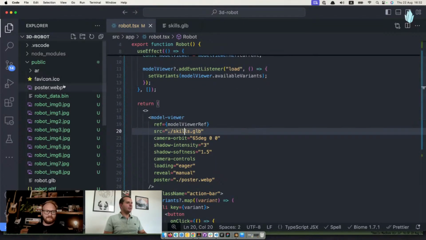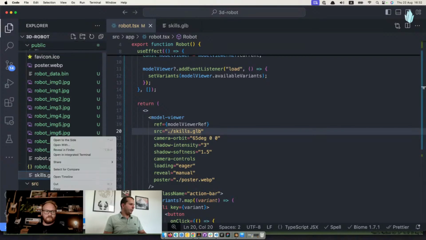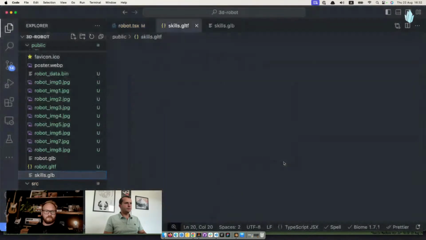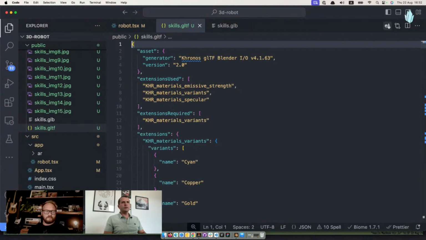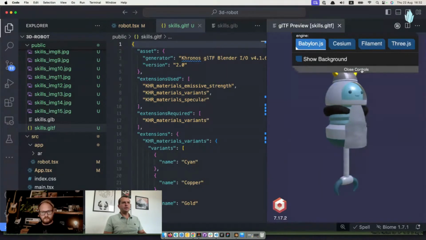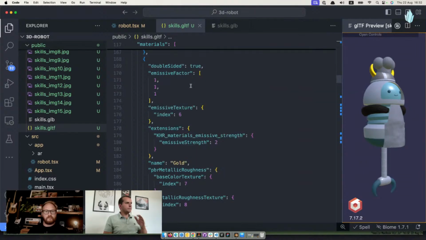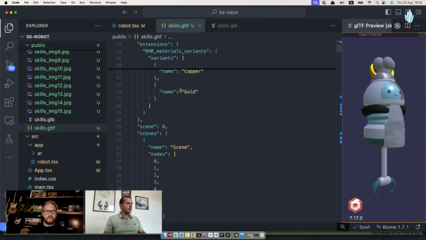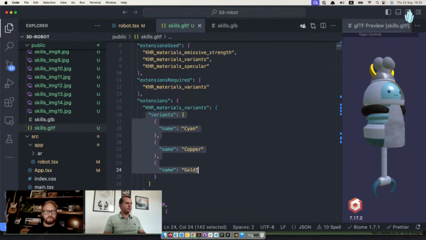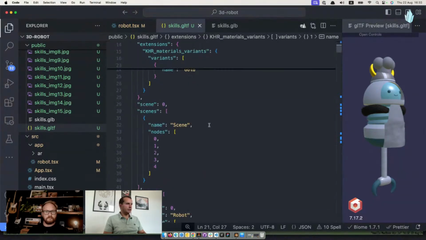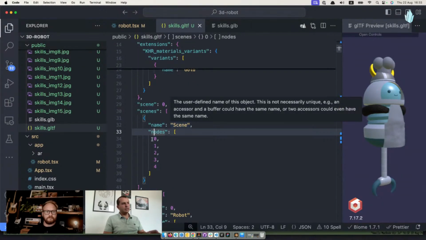Cool. So maybe next step from here, we can explore what goes inside the skills GLB file, because I think that's gonna make things a little bit easier to explain. So I will unpack again the skills GLB file, and you see here the preview is the same, the robot with all kinds of skills. And over here, what is different this time? So again, we have our materials as from before, nothing changes. But this time, our scene contains